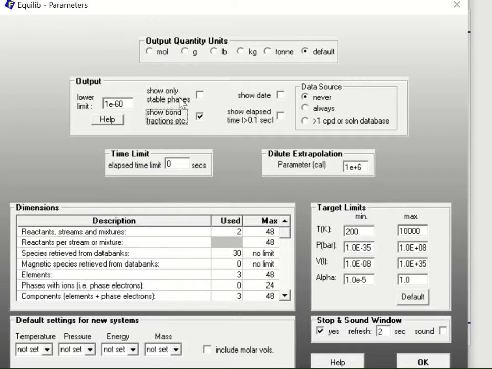So show stable phase only. If you click this one, whenever you have a lot of phases which have 0 amount, you can eliminate all of them and you can see only the phases which have a certain quantity. Sometimes when you do a very, very complex chemical reaction which has thousands of phases, if you click this one, you can see the result much more briefly,